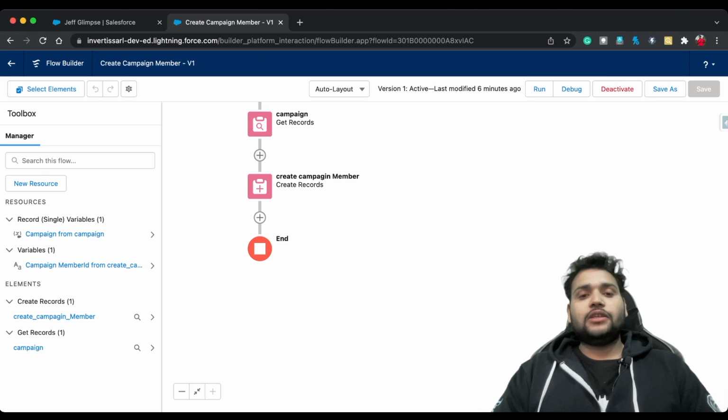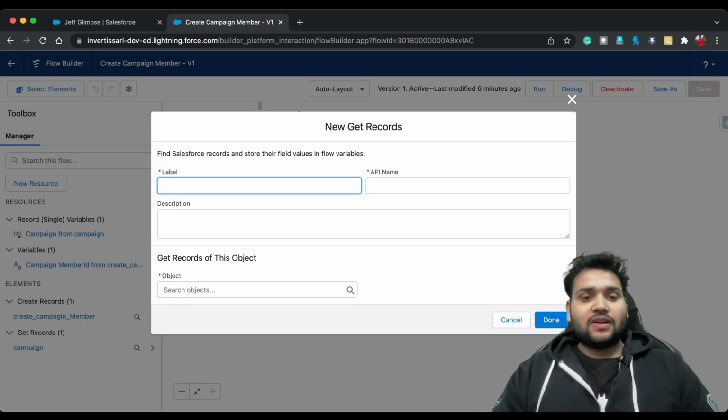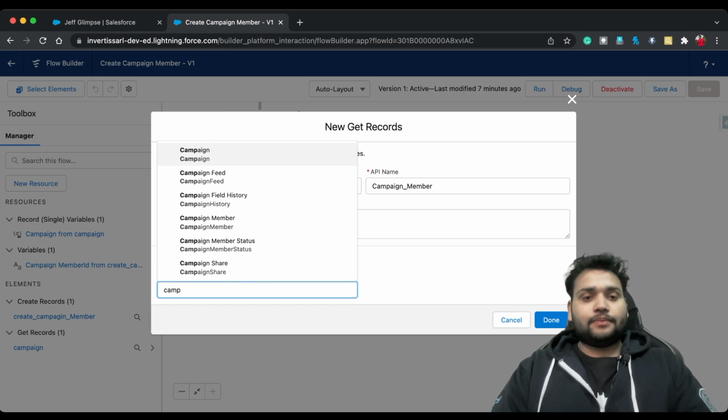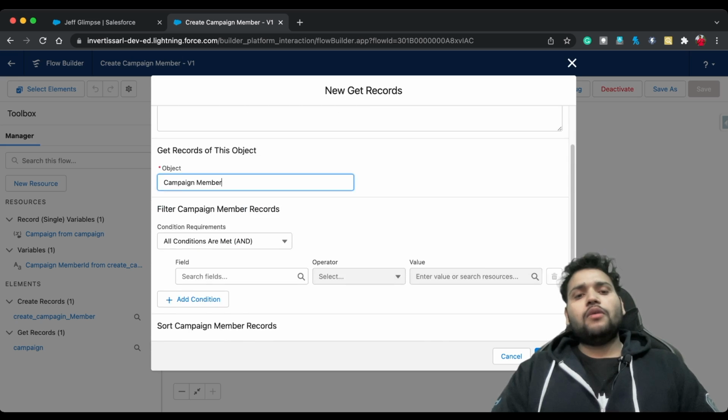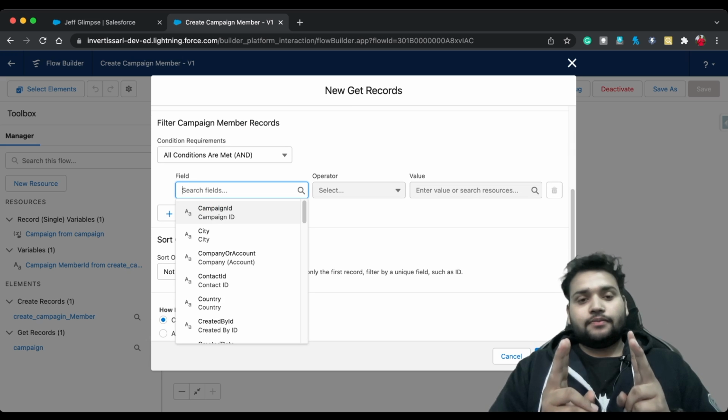So first of all, what we need to do is use a Get Records element over there. Let's say Get Campaign Member, or you can say Campaign Member only for more clarity, and in Object you need to select Campaign Member. Now in the condition you need to provide two conditions, right?